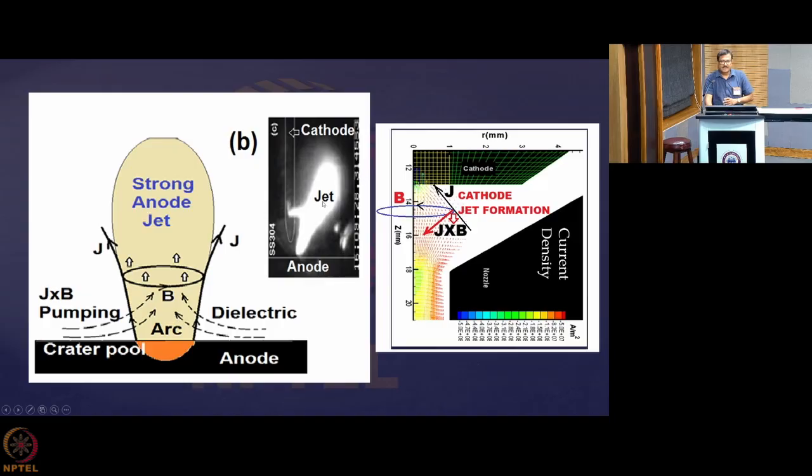What is happening over here? When the plasma moves up, it drags the colder region inside. Whatever gas is staying there in the colder region, it will pull inside. So cold gases are coming and entering the plasma that is moving up. This is a kind of pumping which is induced by the J cross B force acting over here. So that is called J cross B pumping.